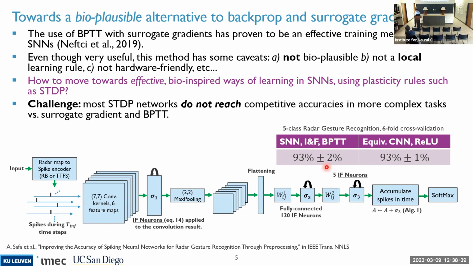The challenge here is that we know there exists a lot of prior work on training SNNs with spike-timing-dependent plasticity. But what we observe is that they don't reach performances as high as backpropagation. They might work well in toy cases and toy data such as MNIST, for example, but they sometimes have a hard time scaling to real world problems. And so this is the challenge that we're trying to address.